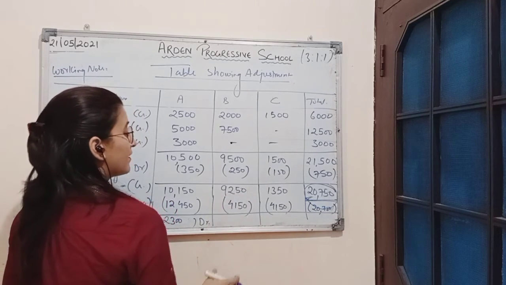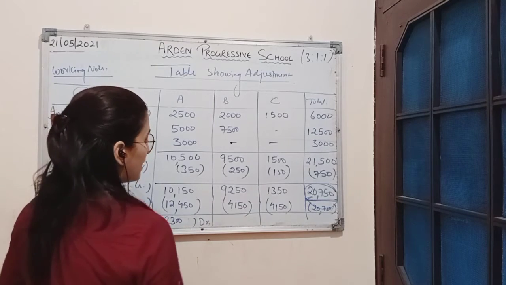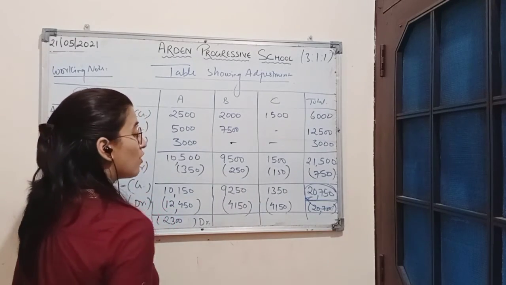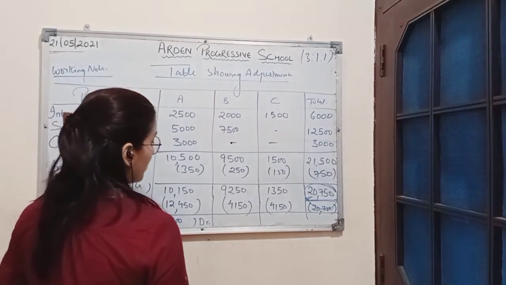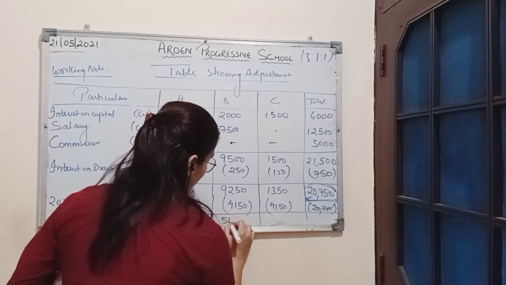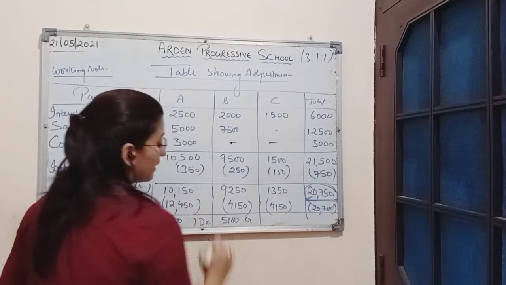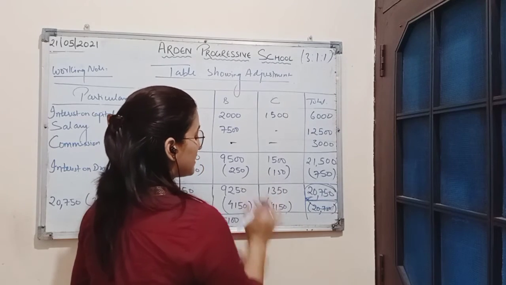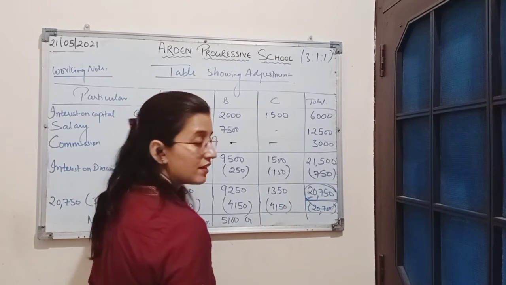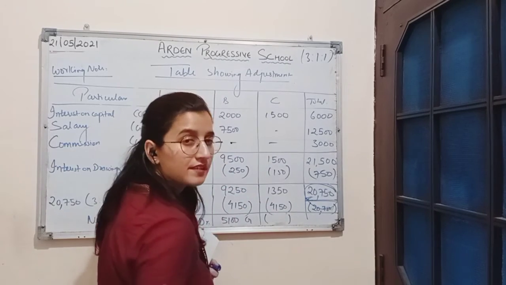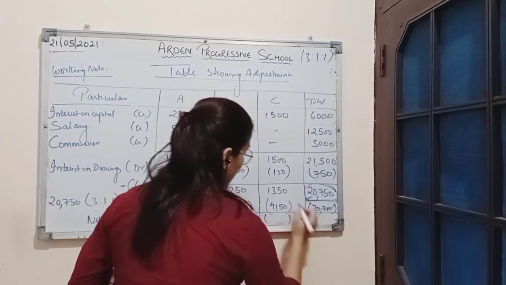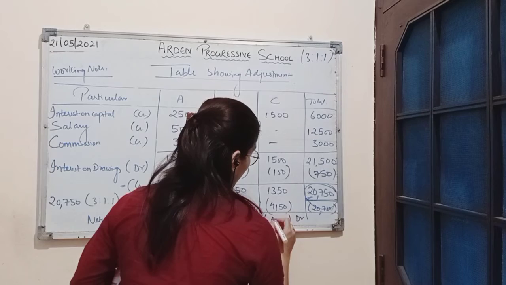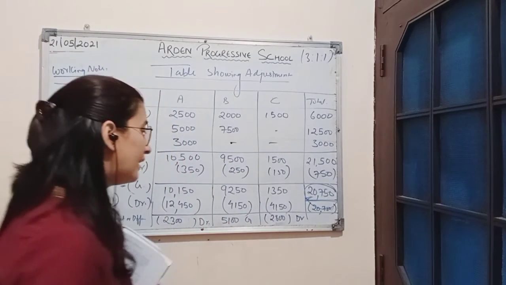Now here we can see the positive figure is of greater value, the negative figure is of less value. So here there is an excess of credit balance over debit balance and the amount will be 5,100. It will be a credit balance here. If we come to column C, in C's column we know the negative figure is having a greater value. That means it will be represented in brackets and it will show a debit balance only. So here the excess of debit balance over credit balance is rupees 2,800.